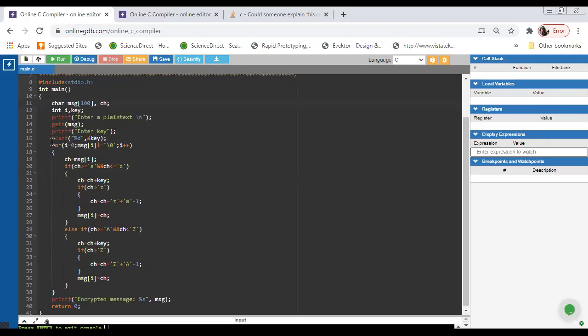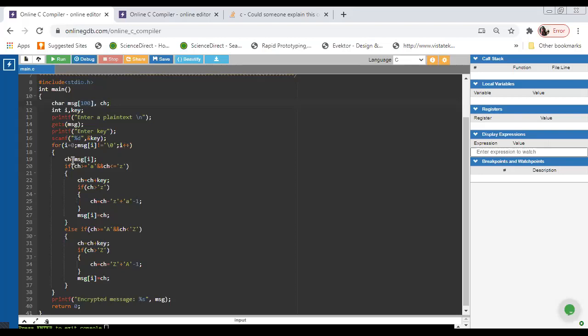Now we put the message into a for loop to take each and every character one by one. If we take hello as input, each character of the string is taken one by one.